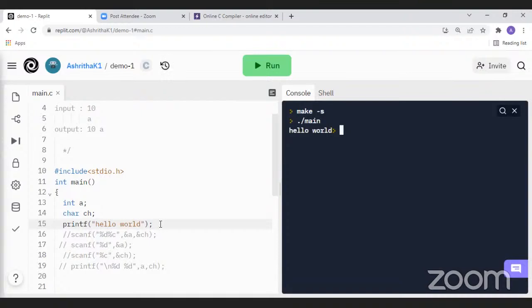And the second point is that if I have to represent a new line, if I have to make the compiler understand it is a new line, I will use an escape character slash n, right? I will be using the new line escape character. But initially in this program, if you observe here,